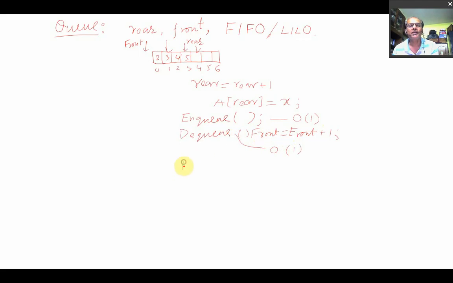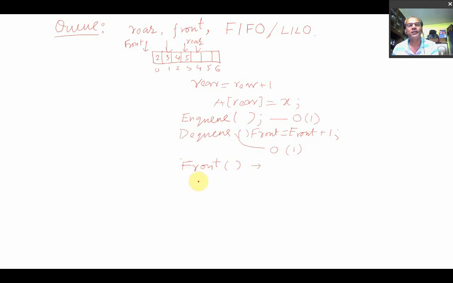And there is another operation, the front operation. The front function will give you only the front data. You can access the front data from the front location, but the front address cannot be updated.